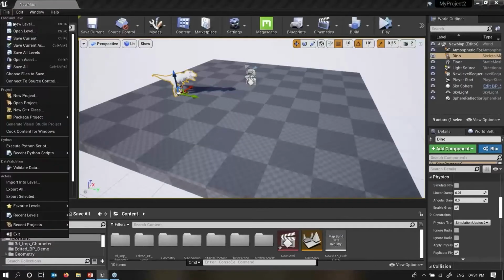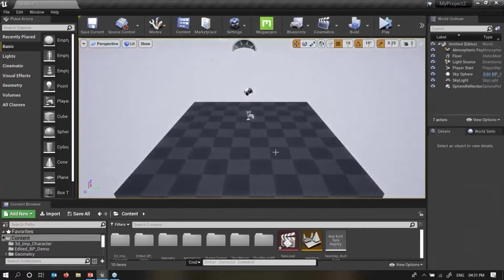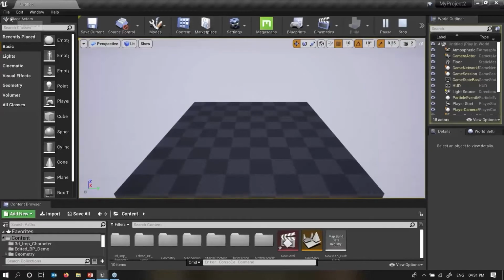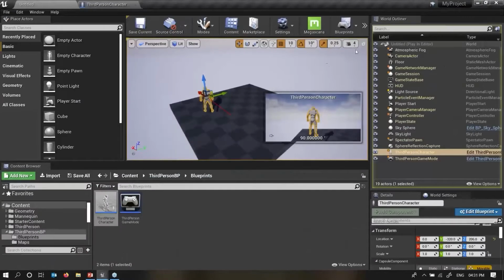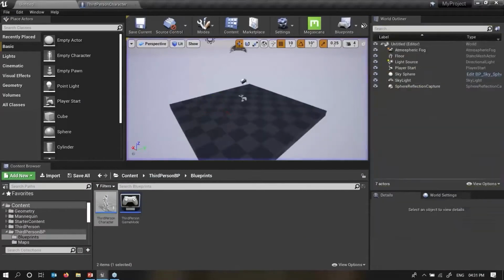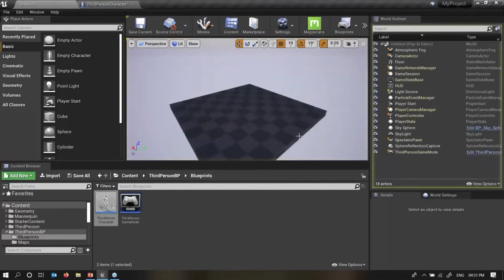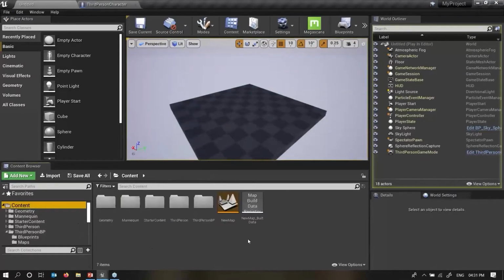Again, I'll create the new level. Say this is my new level over here. If I start and play, let's press the play button. Again, it's better to create a new file. Start and stop, and start and display. Here you can see the script editor is a little bit gone.